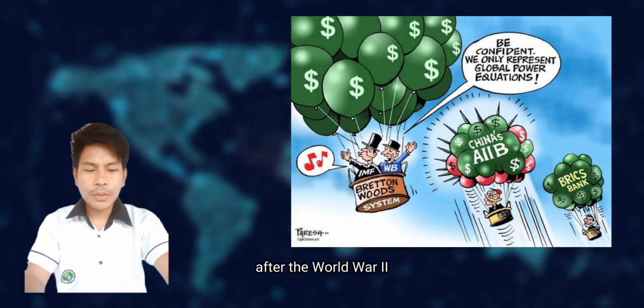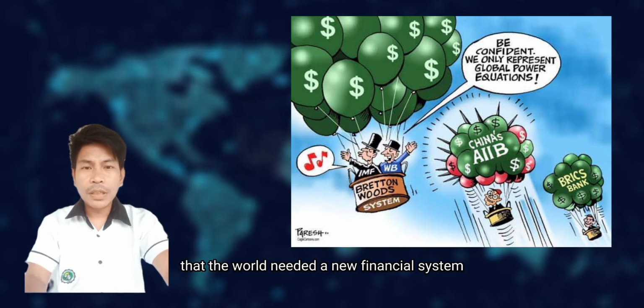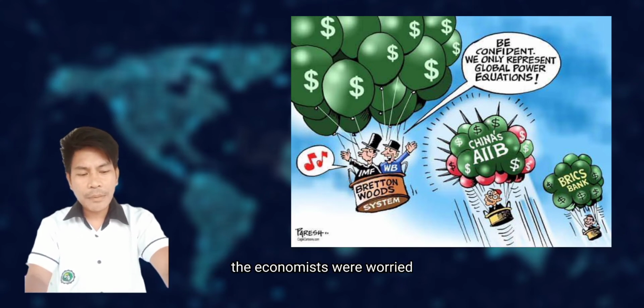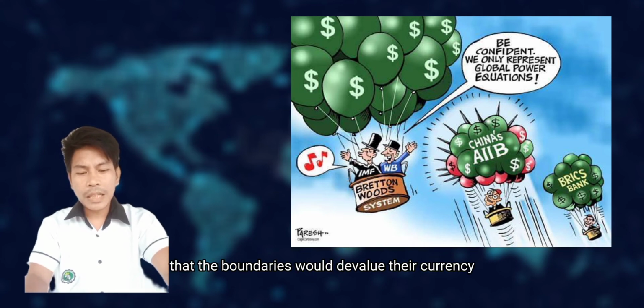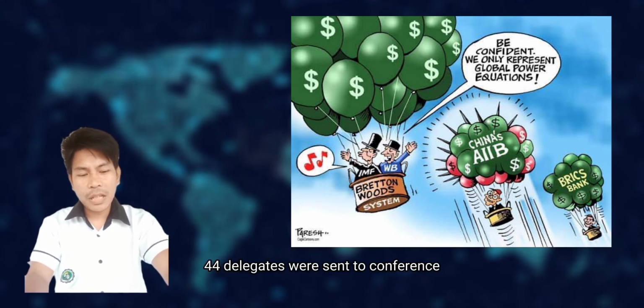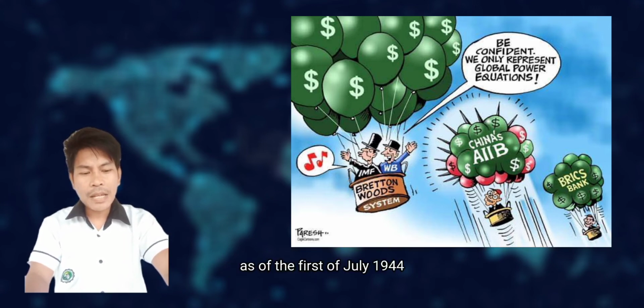After World War II, it was clear that the world needed a new financial system. The gold standard was considered too rigid, but at the same time, economists were worried that countries would devalue their currency to boost their exports. For this reason, 44 delegates were sent to a conference held in Bretton Woods, New Hampshire as of the 1st